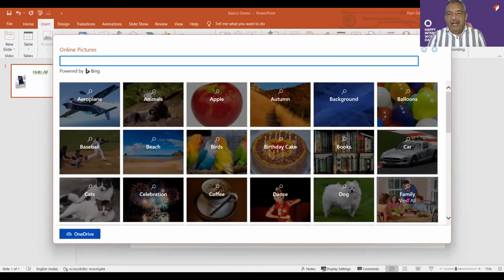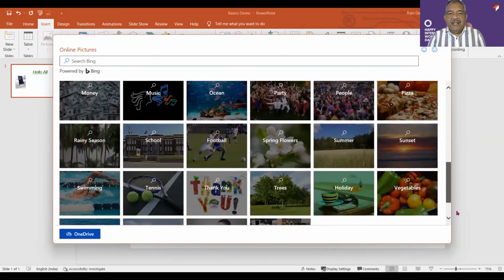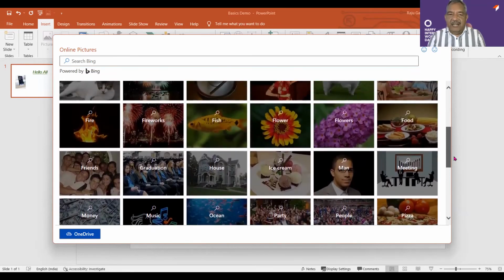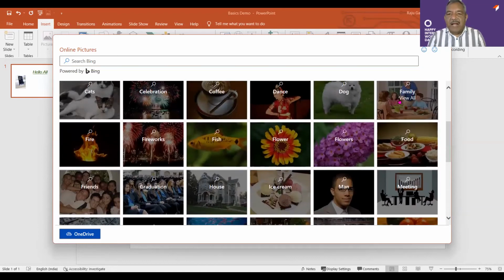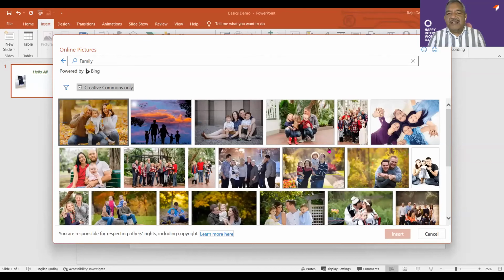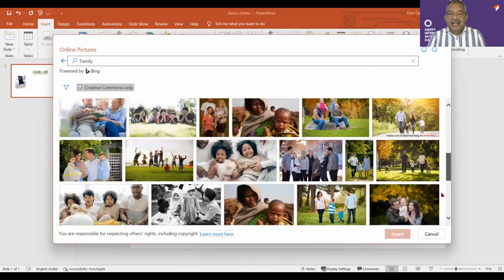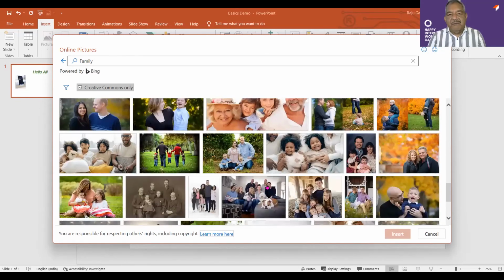Okay. There are various categories here, and we can choose any specific category. Going on to family, say I click in there, and I get a host of pictures. Depending on what we want to use or what we are presenting, all that we need to do is select the picture by clicking on it, and we hit the